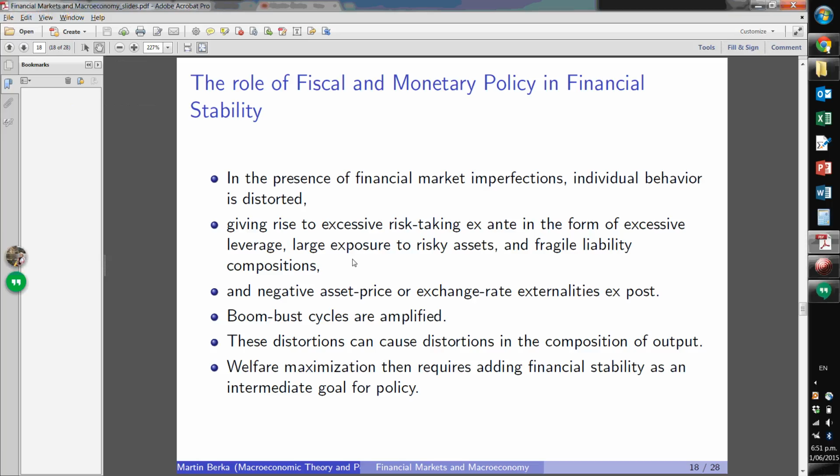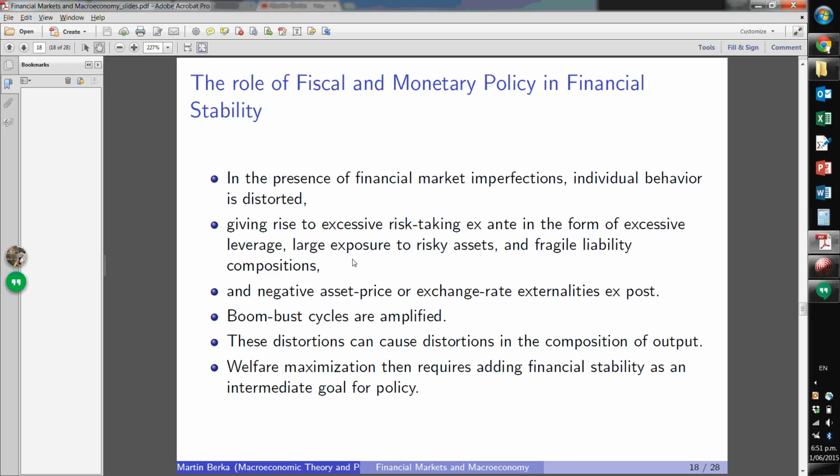Okay, so the individual's behavior is going to be distorted as a result. First of all, the interest rate the saver is going to receive is going to be lower due to the excessive risk taking ex ante, and as a result of the necessity to monitor. The return that the regular saver is going to get is going to be lower, and that's going to discourage saving to some degree. At the same time, there would be a rise to excessive risk taking